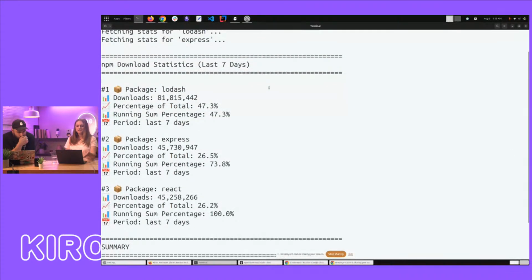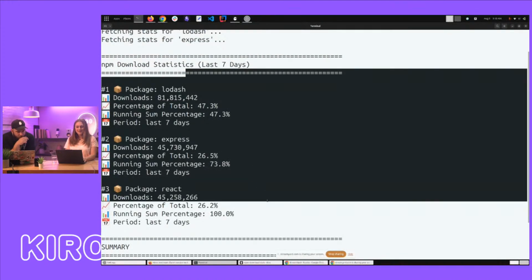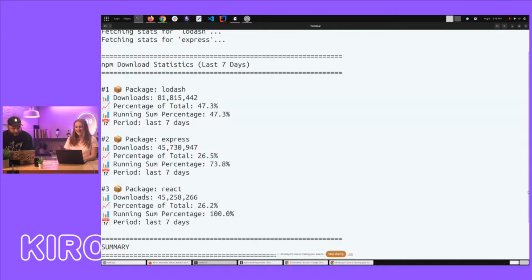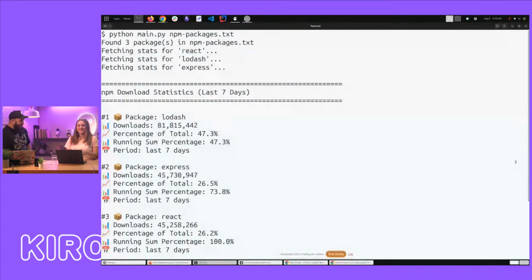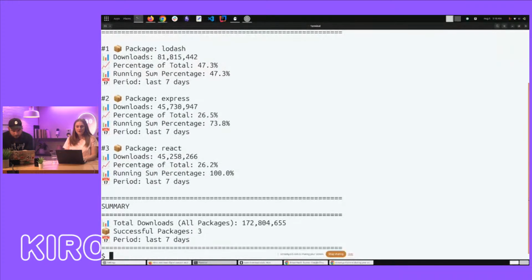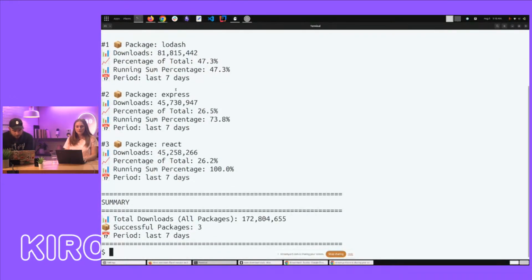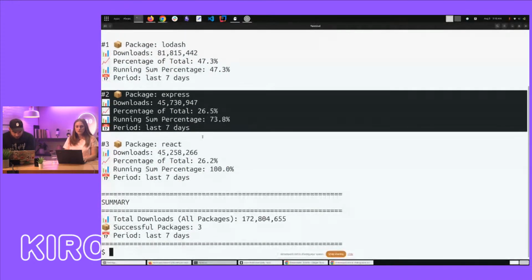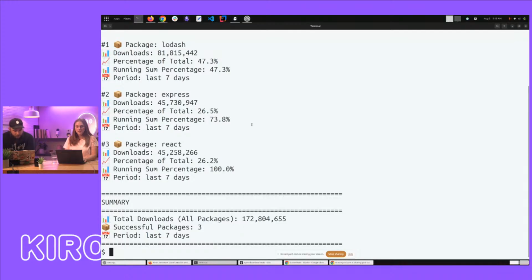These are not clearly maintained by me, but are very popular. You're the owner of Express? So just a really simple Python application, and it gives me this beautiful emoji-full summary of how things are going, which one is the most popular, et cetera.